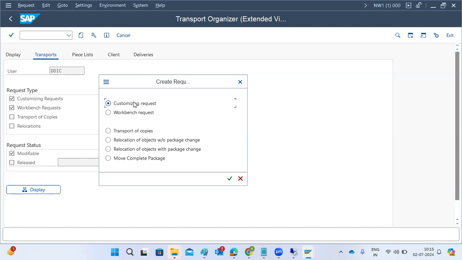Then the workbench request is cross client. Cross client means applicable for all the clients, all the systems, and different landscapes also. So this difference is very important, guys. Why? Because here,